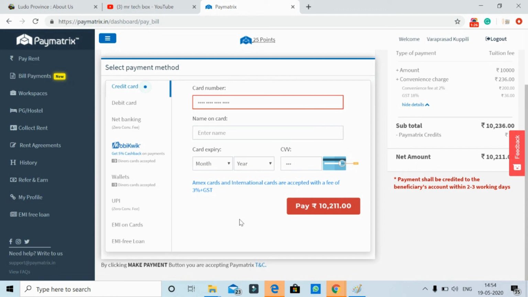If any of the main methods is not working, you can use these kinds of methods to transfer your funds into your savings account. If you have any further doubts or any suggestions you want to share, kindly drop a message in the comment section. In the next video I will show you a few more tricks to do the transfer.